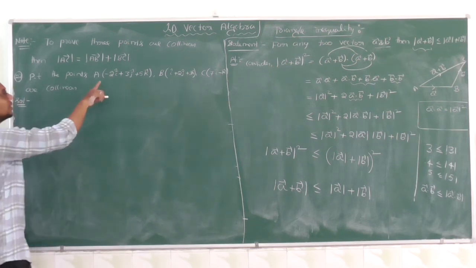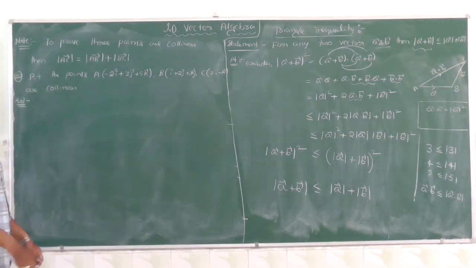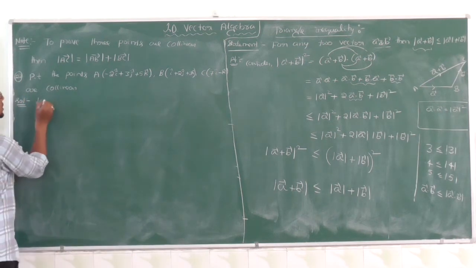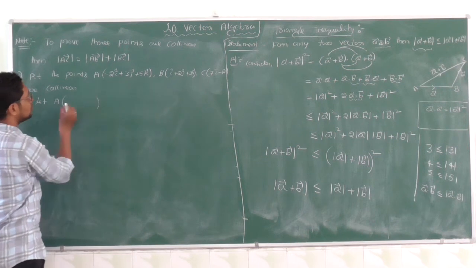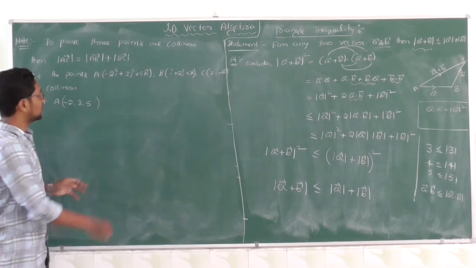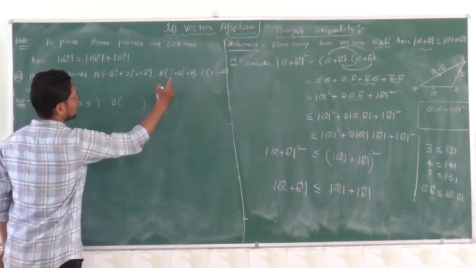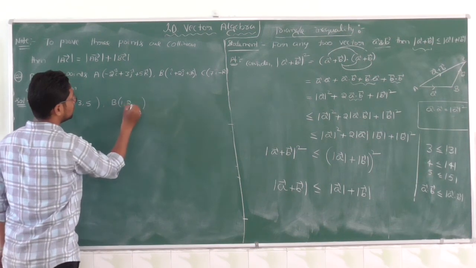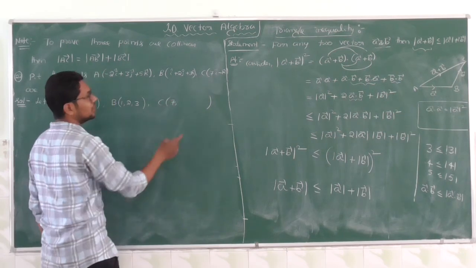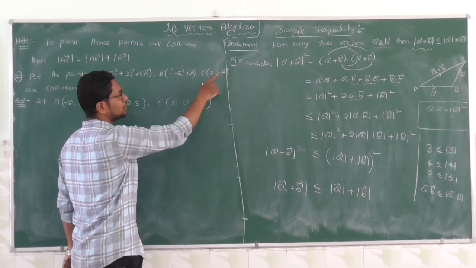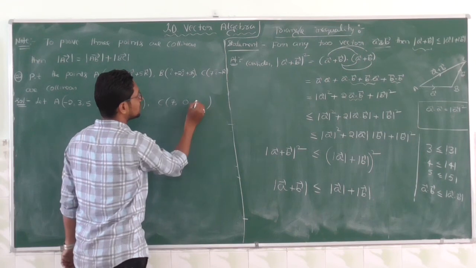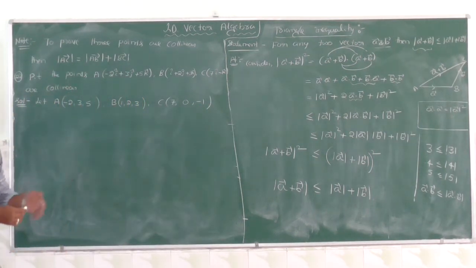Like here we have the 3 points A, B, and C. These are in vector form. I will take it in the coordinate system. Like the point A is -2, 3, 5. The components of i, j, k I am writing, kindly do not confuse. For B, i component is 1, j component 2, k component is 3, and for the point C, i component is 7, j component is 0, since here we don't have j component. Next k component is -1. Here these are the points.